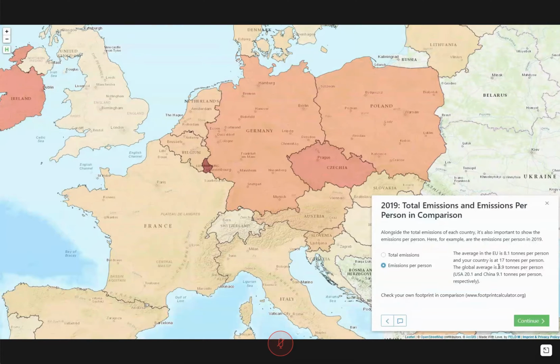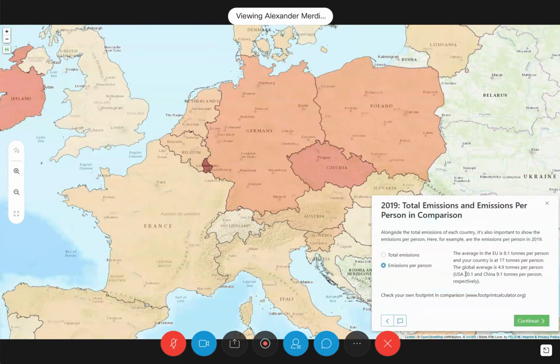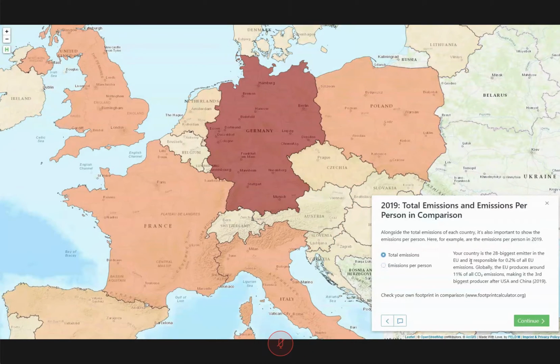Interestingly, the global average is 4.9 tons per person, which is far less than most European countries have. Most countries have more than the global average. The United States is at more than 20 tons per person, and China is at about 9 tons per person.